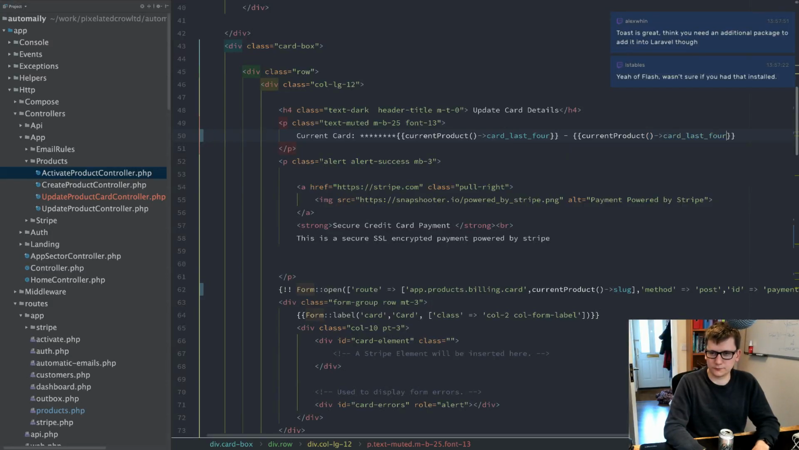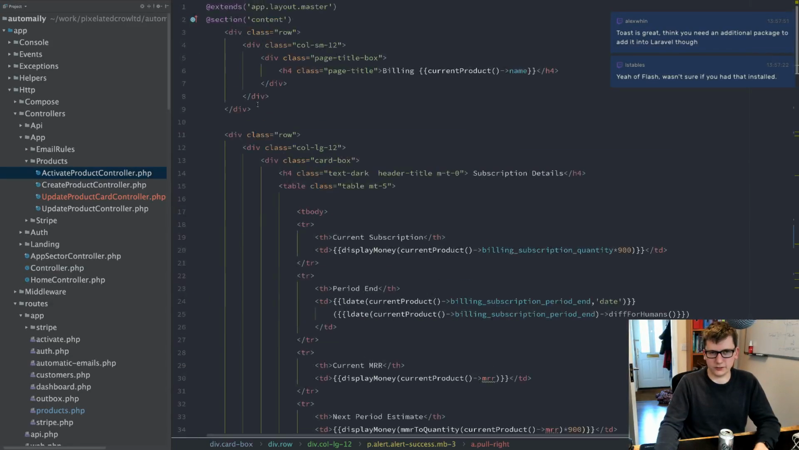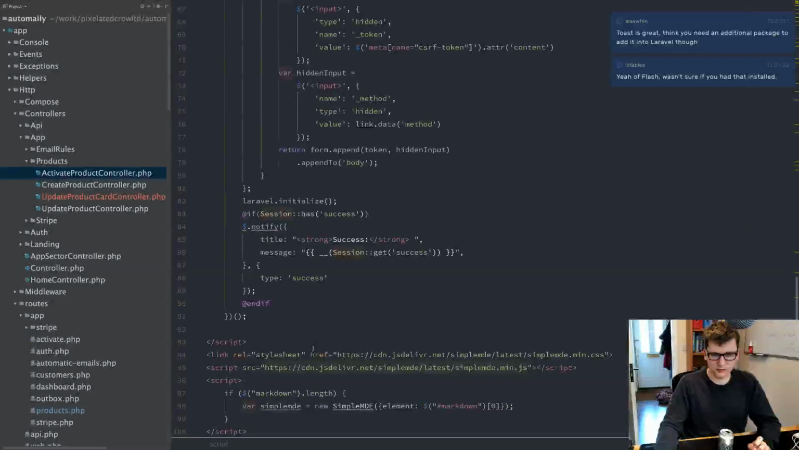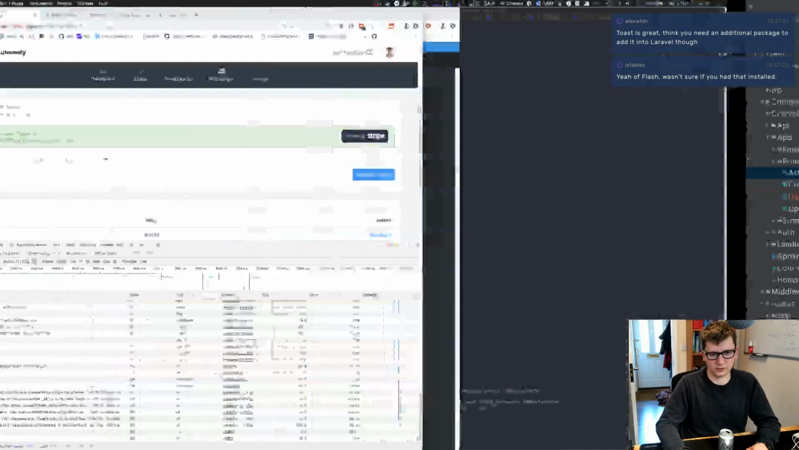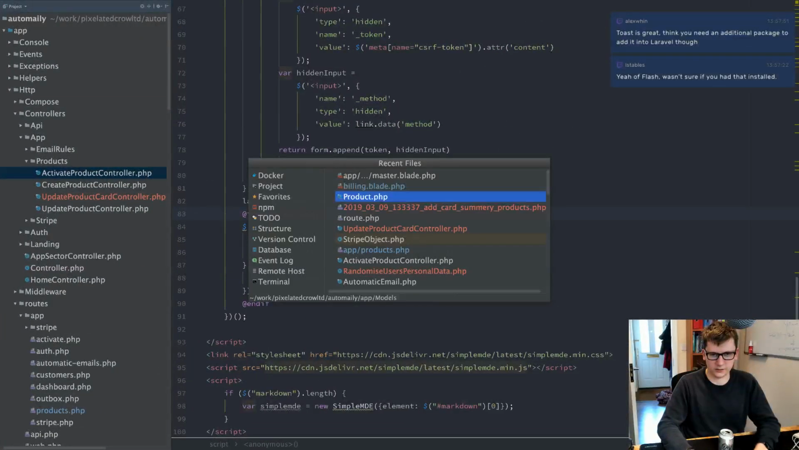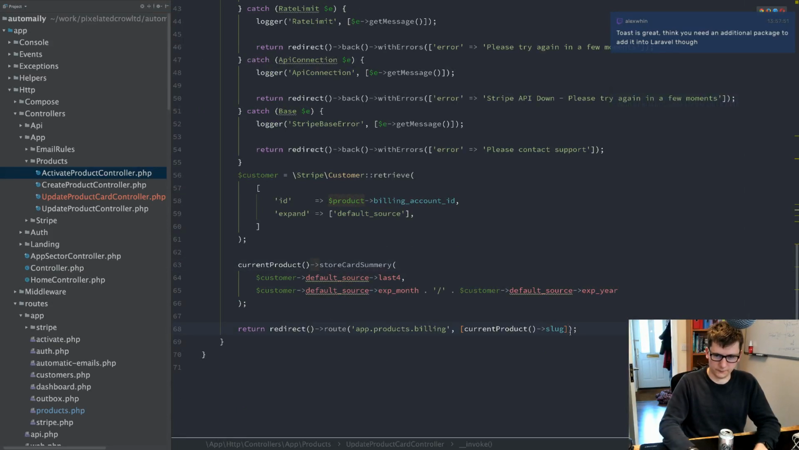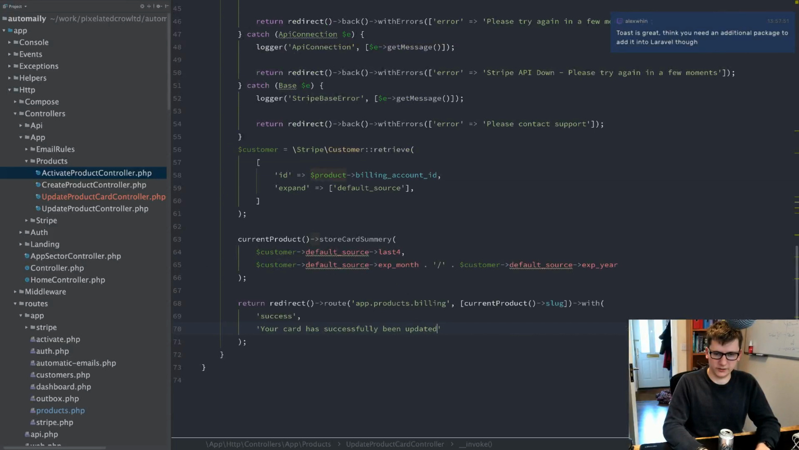So the last 4. Now you make me think about toast. Did I do it? So if I look in the master layout and then in the scripts, is it already in here somewhere? If it has success, it should display one. So we can probably just add that in now. So update card controller. We should be able to say with success, your card has been updated. That should be changed to a language file at some point, but you know,